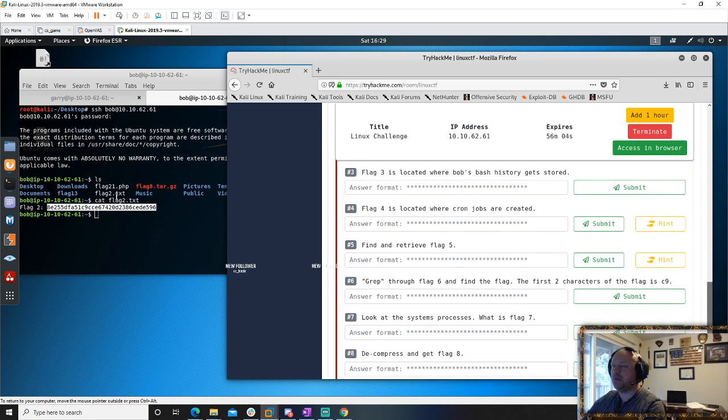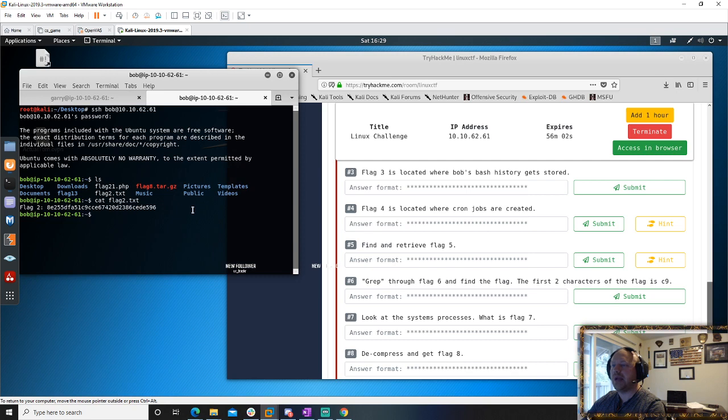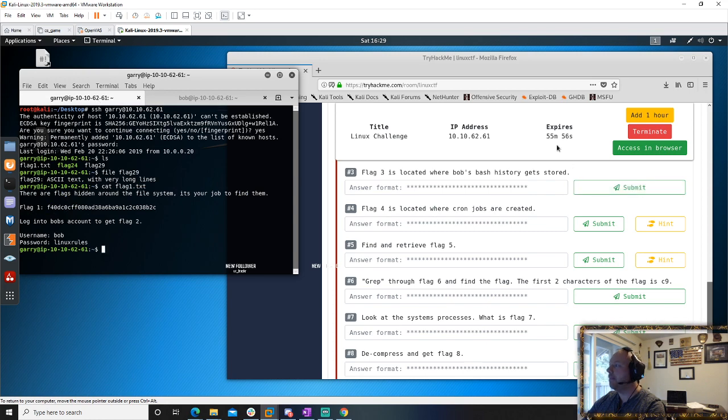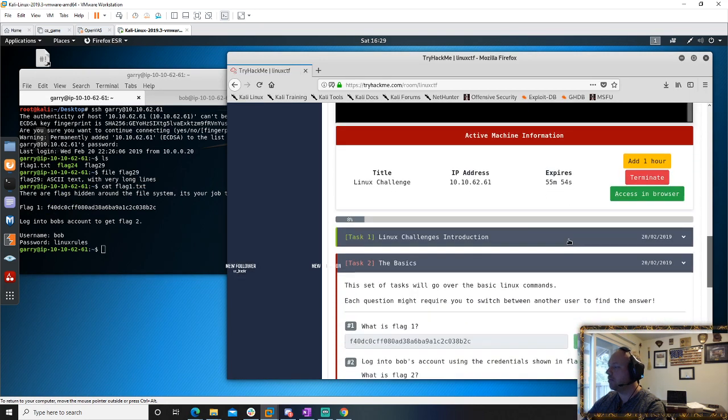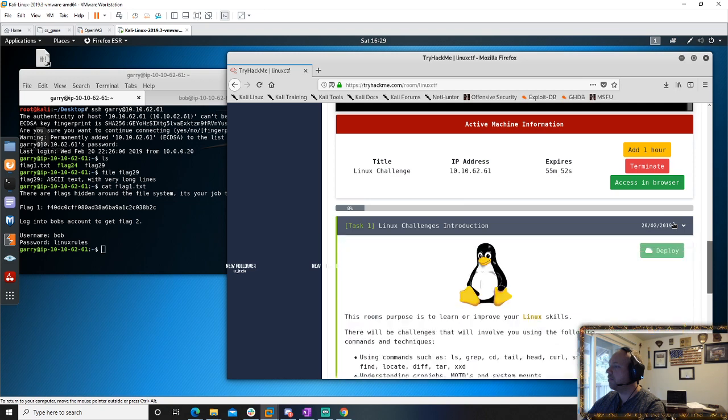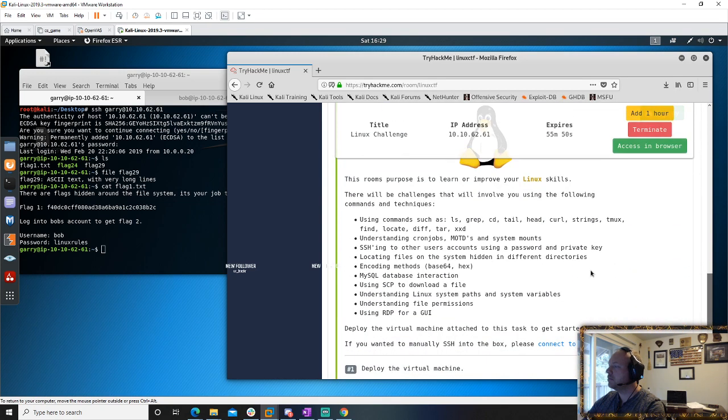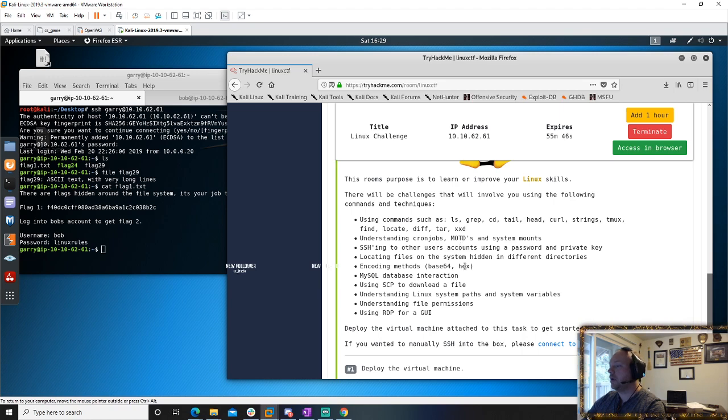Okay, flag 3 is located where Bob's bash history gets stored. So does anybody know the command for where bash history gets stored? Bash history. So I am not good with Linux commands at all.